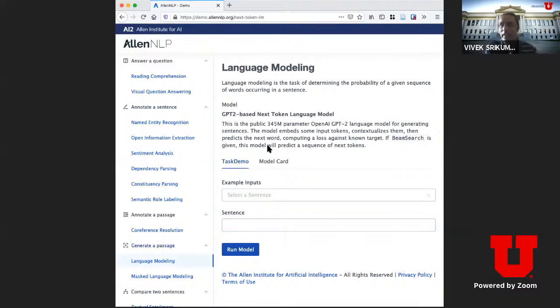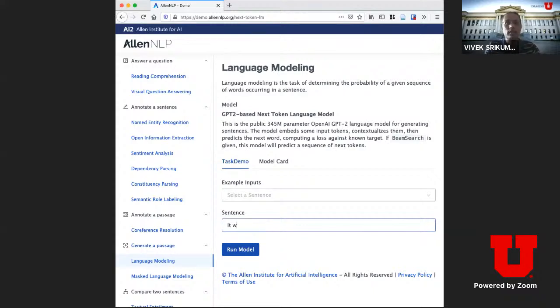This is a task called language modeling. The model that is behind this demo is called GPT-2. Today, the best of these is called GPT-3. Some of you may have seen, if you search for GPT-3 in the news, rather interesting, sometimes apocalyptic statements about it. But what it does is it predicts the next word given the context.